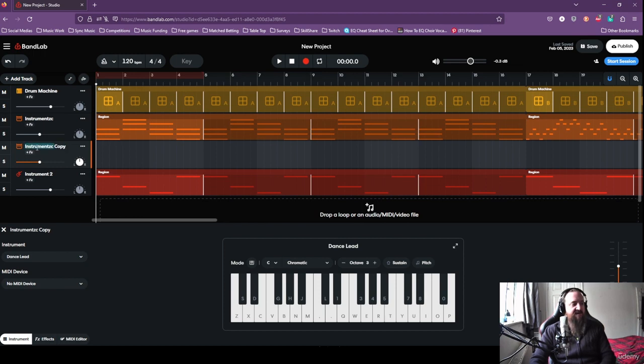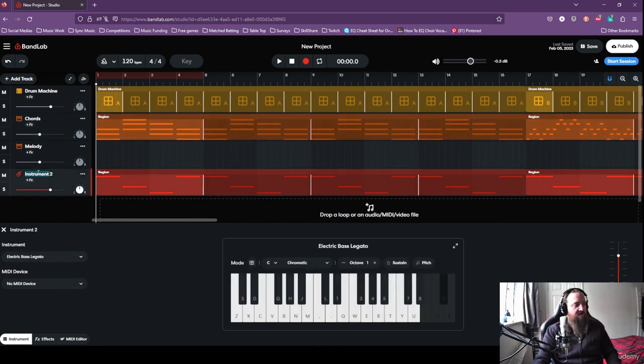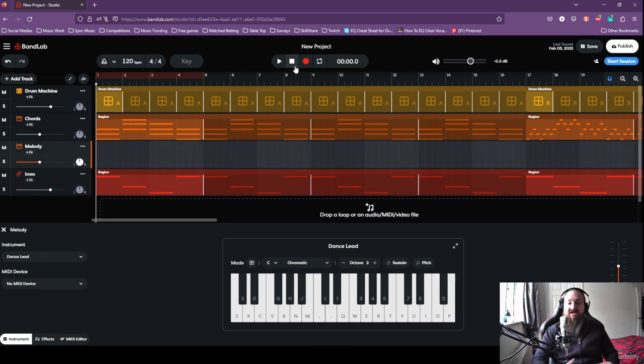We can always double click in here and rename. Maybe I'll just call this melody. Melody. That's all the others actually. Chords. And bass. Just good habits to get into. On other DAWs, you can actually color code them, which is very, very satisfying. Anyway, so